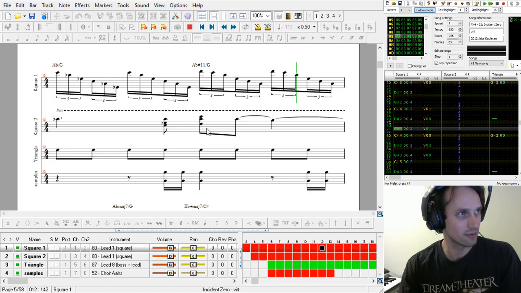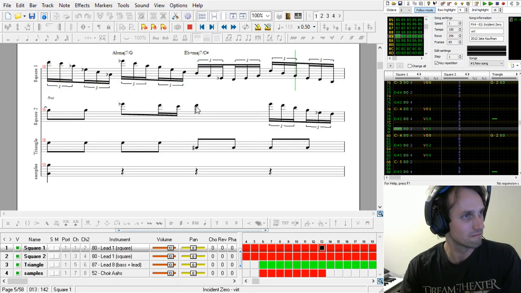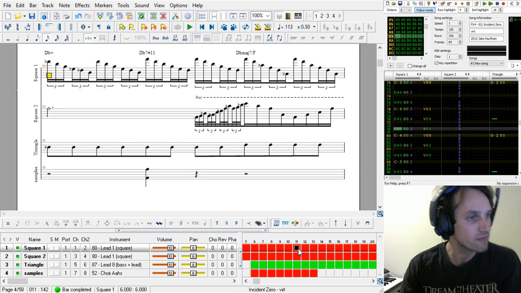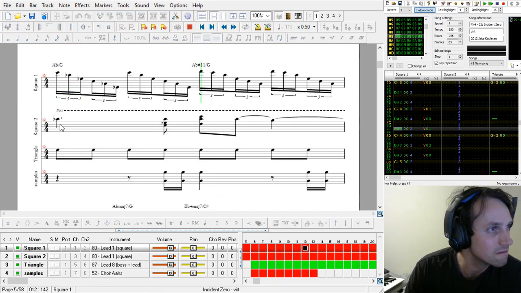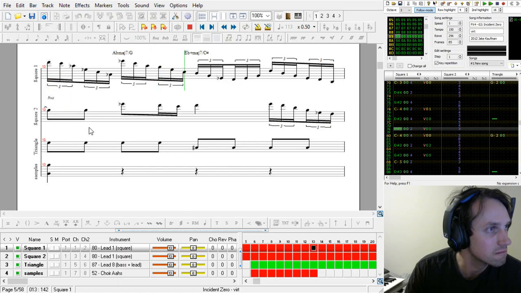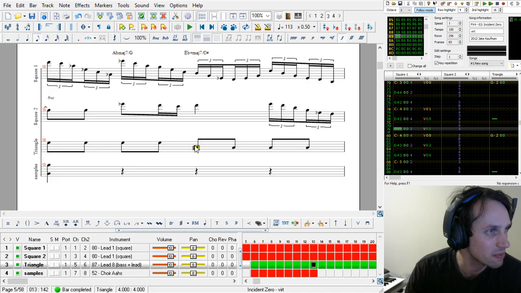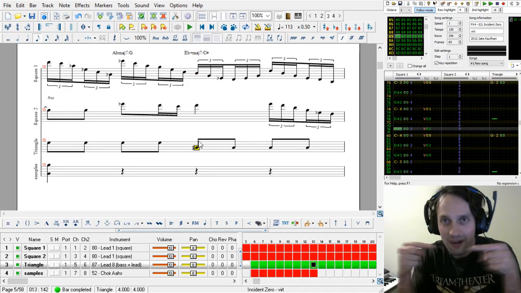Oh, Guitar Pro's doing that stuff again. Let me go back, make sure I didn't miss anything important. Oh yeah, and there's another, why did I notate this with C sharp? Is there a particular reason I did that? Oh, probably because there's D naturals in the chord up here, so I don't want a D natural here and then a D flat down here. That's cross relations. That's bad counterpoint.